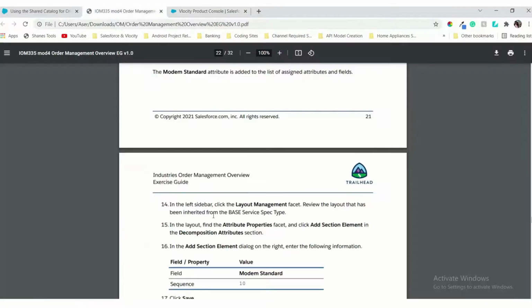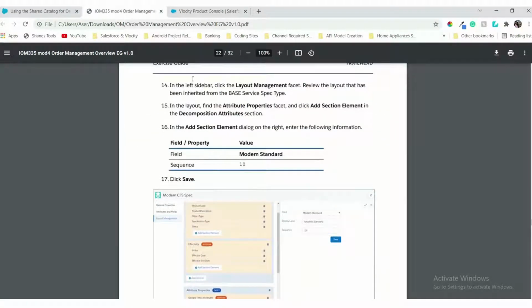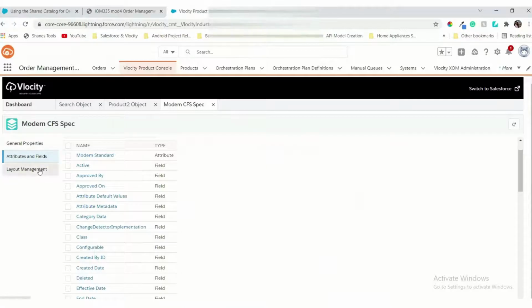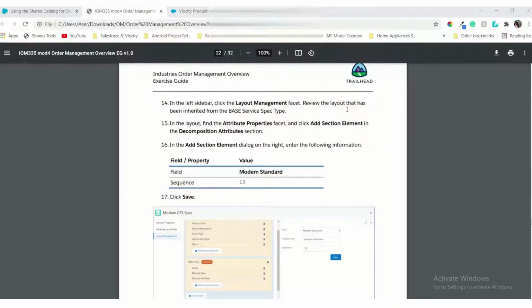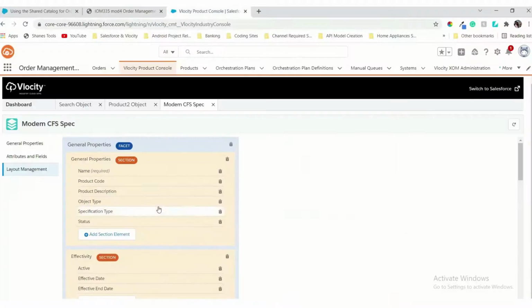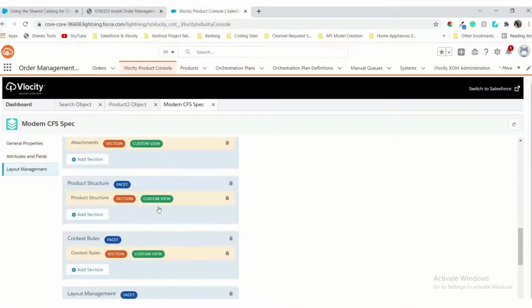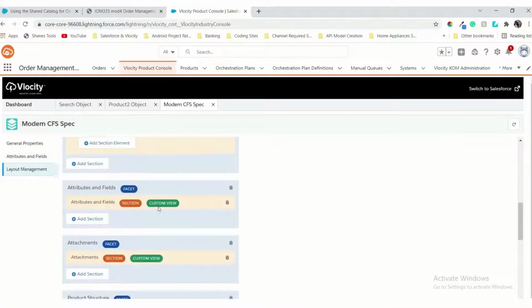Now the next step is what? Step 14. On the left side, we have to go into layout management. Okay, now in the layout, find the attribute property. After clicking on layout management, we have to go into the attribute property. Click add section, element in the composition. Let's go into add section.